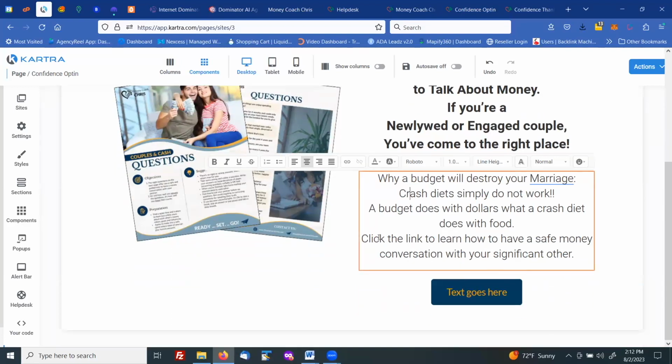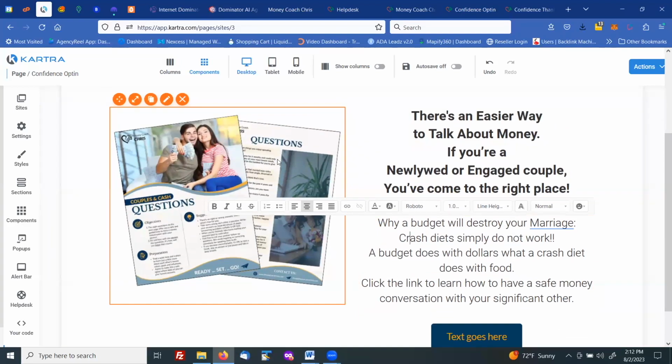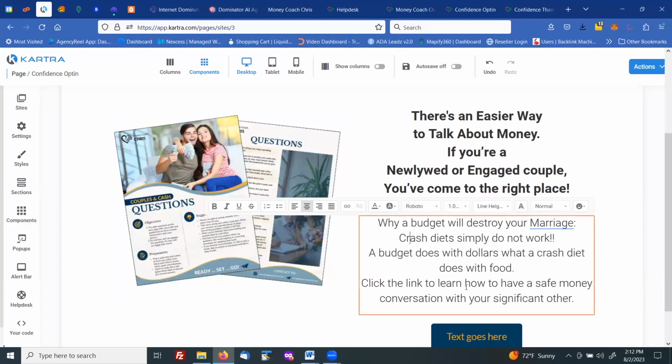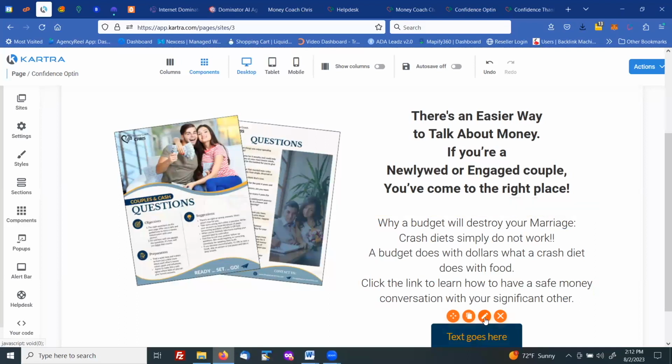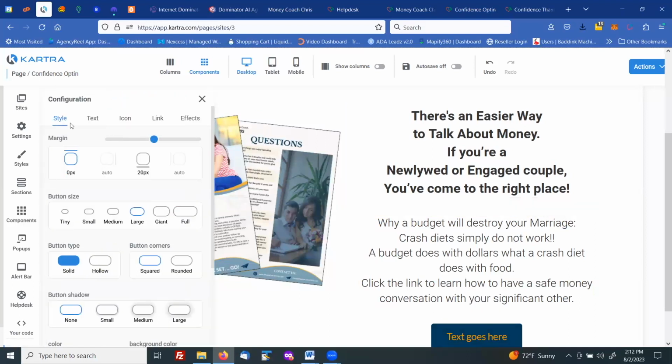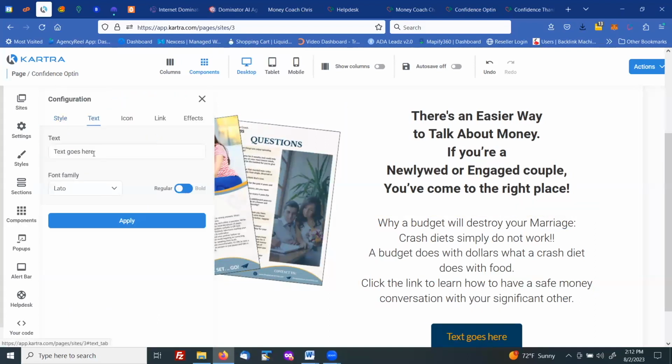So you might want to call this thing. This would be a recommendation on my part, is to call this thing. And I know this is an image that doesn't really represent what you're actually downloading here, but whatever this is, you want to tie it here to getting what they want. And then when you go to do the text here, in the text part, you want to say